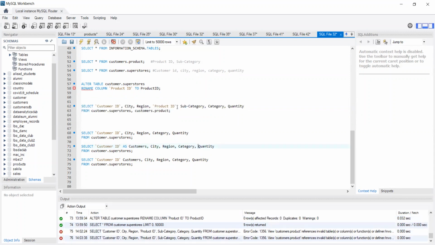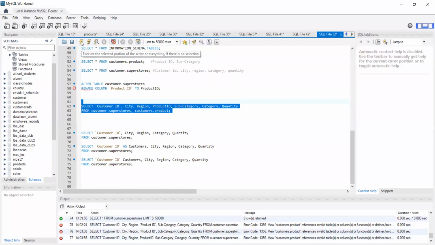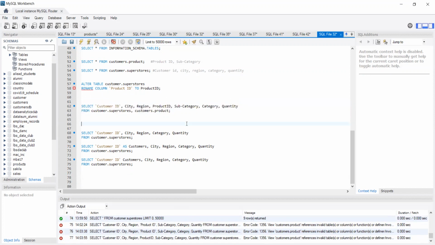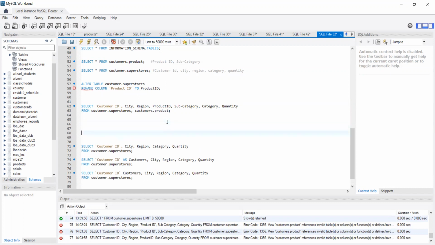City, region. Okay, if we run it separately, let me run it that way and check. If I don't put the space there, let me run this one and check. Let me know where the problem is. So there's something else. Invalid tables. Invalid tables. So what have I done? Yes, customer. Rename column. Okay, let me go back to this original one now and see where the problem is. So if I run it from this original one,